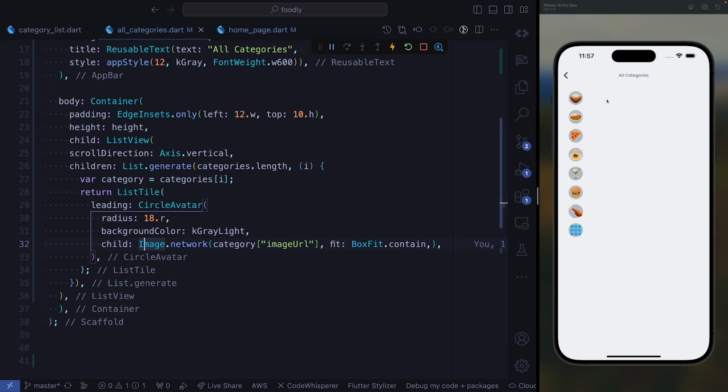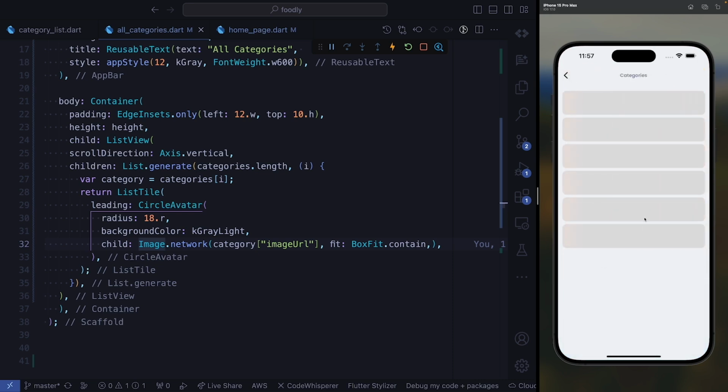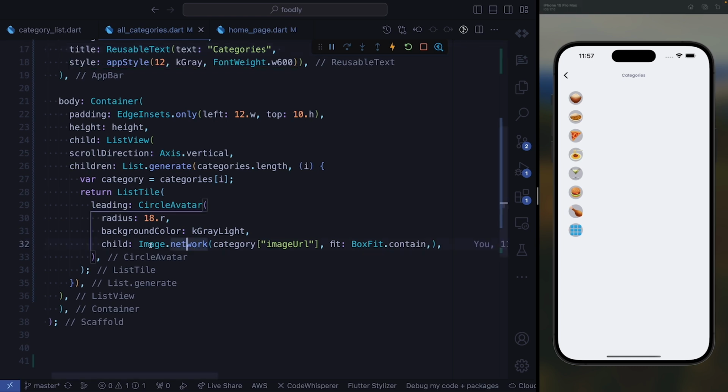Now we need titles. If we go ahead and visit our application and visit more, we should have something like this. Here we're going to work on the design as well so that it can look exactly the same. First we're just going to change the title from all categories to category. So let's go back to our application, and here,